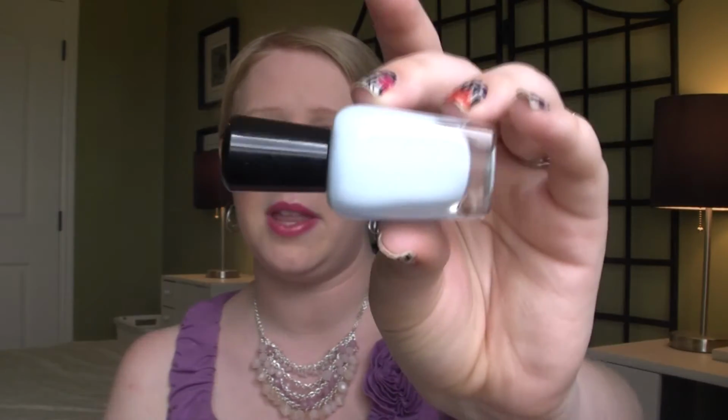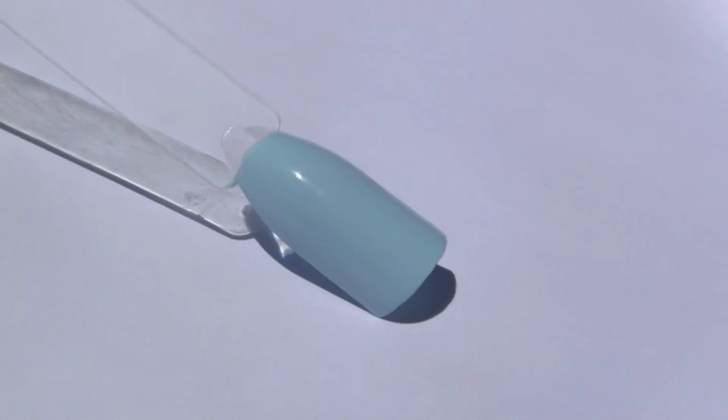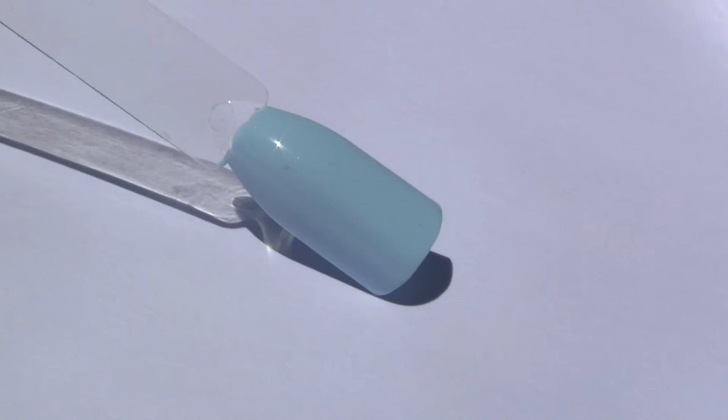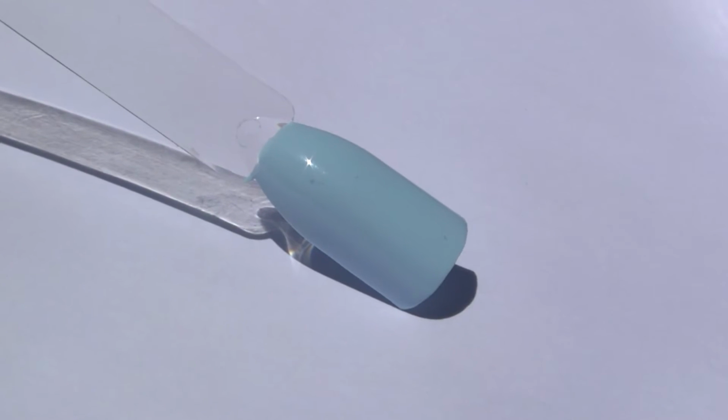And then the last Zoya I have is blue, and this is a very light, pale, baby blue color. I do have Essie Borrowed in Blue, but the formula on that one is streaky and I don't like it, and it just irks me. These are very similar in shade. I can't talk today. But I feel like Essie's Borrowed in Blue is even a little bit closer to white, as opposed to this one. I feel like this one has a little bit more blue in it,